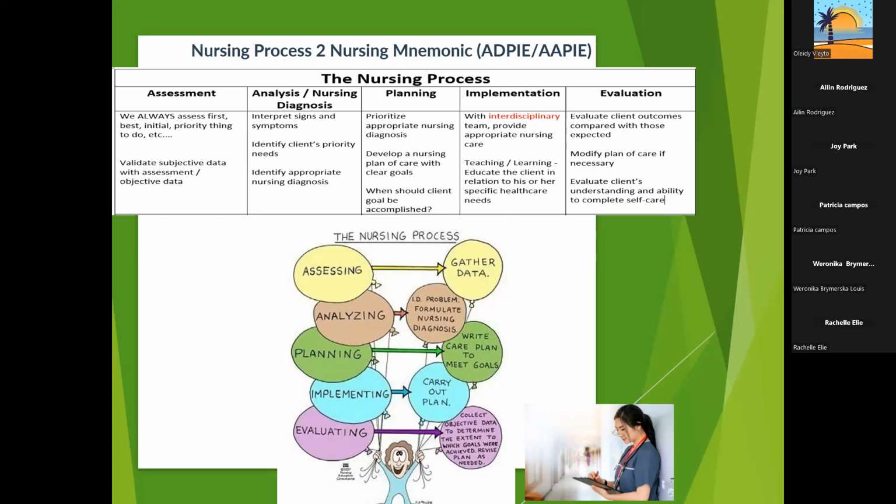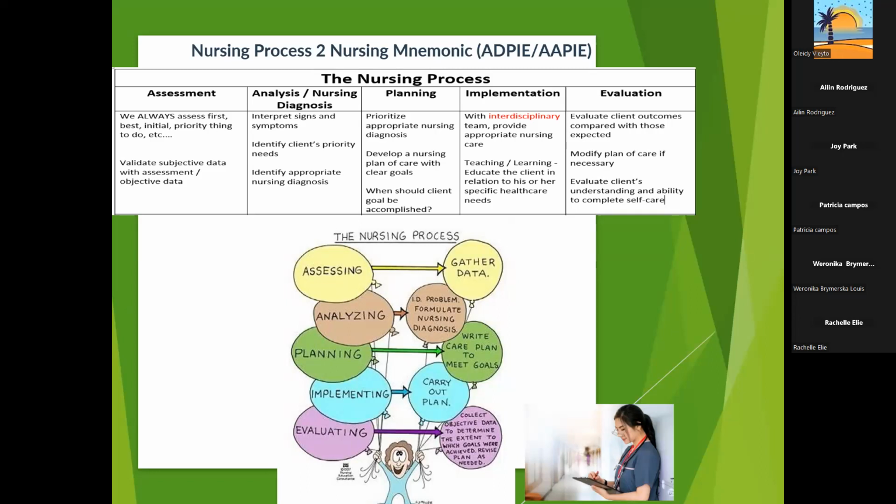So of course, if it's something that requires a doctor's order, like medication, or if it's something that I can do, I'm going to do something. I have to assess first before I can do something. That's a big test taking strategy. Do I need more information? Do I need more assessment, or can I implement? And then the last part is the evaluation,